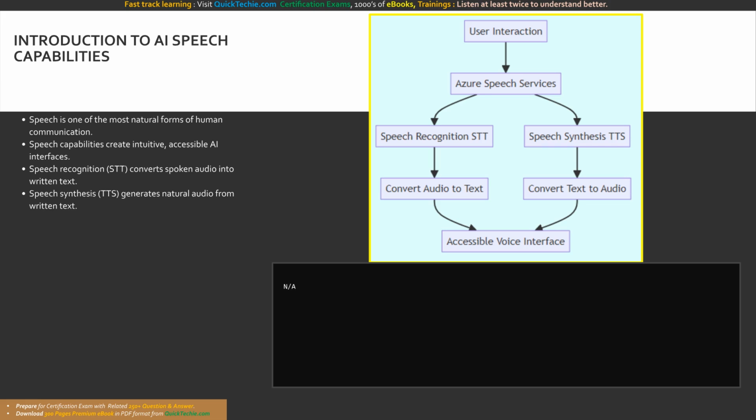Within the broader AI landscape, enabling this kind of rich interaction dictates that the system must fully support two fundamental capabilities. The first is speech recognition, commonly referred to as speech-to-text, or STT, which is the system's ability to accurately detect, capture, and mathematically interpret spoken audio input. The second core capability is speech synthesis, or text-to-speech, which is the system's ability to dynamically generate natural-sounding spoken audio